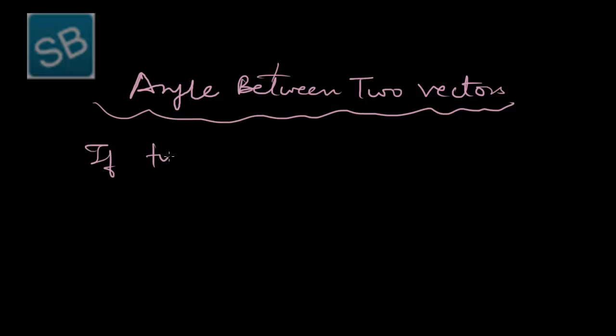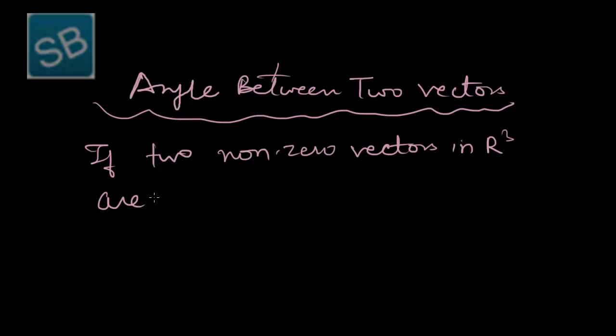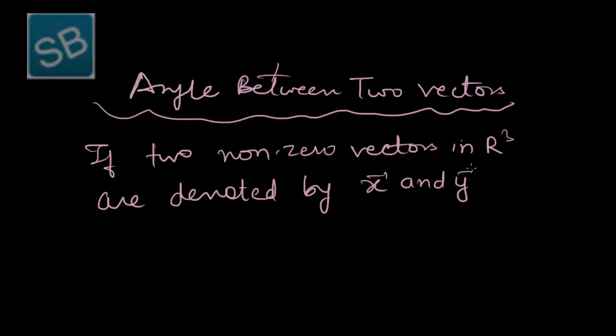If two non-zero vectors in R cube are denoted by vector x and vector y, then